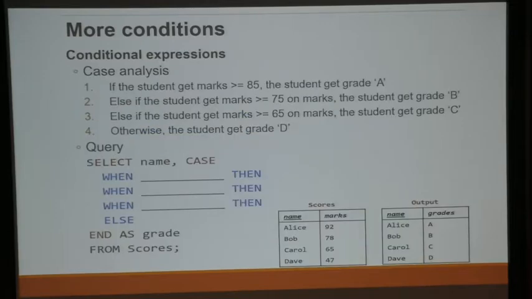So what it means is basically something like this. You have 4 cases. This is not the cutoff grade yet for this module, so you are still safe. But let's say this is the case. If you get 85 or more, you get A. If you get 75 or more, you get B, and so on.